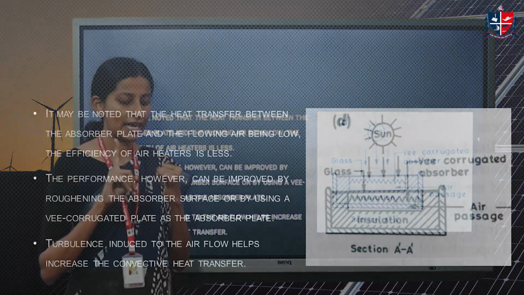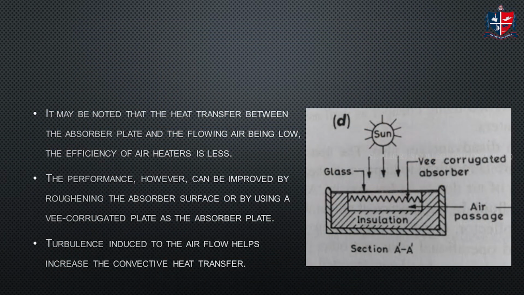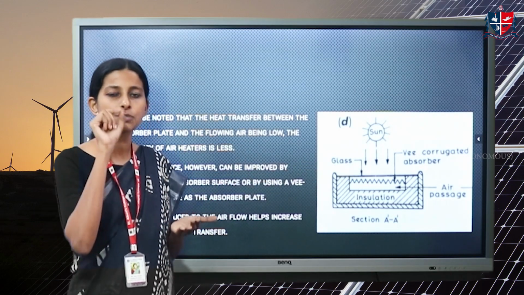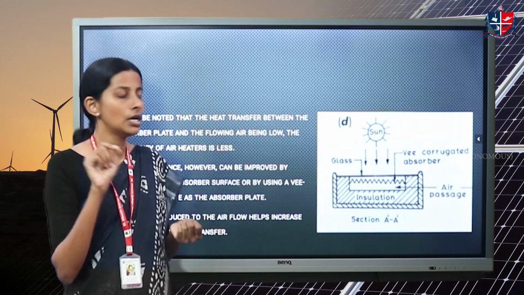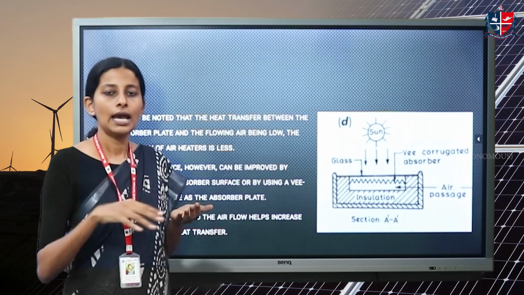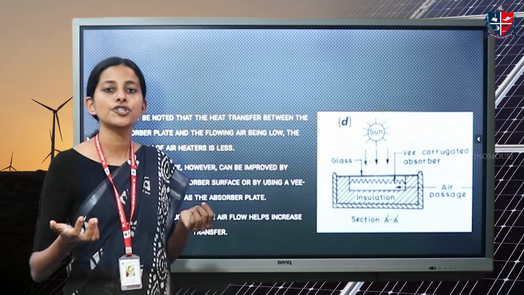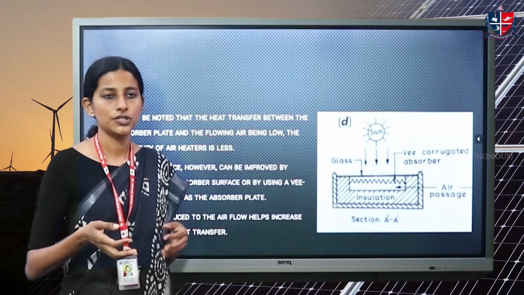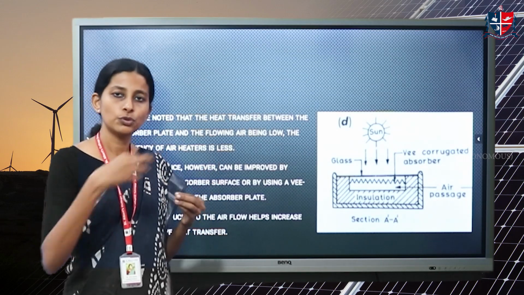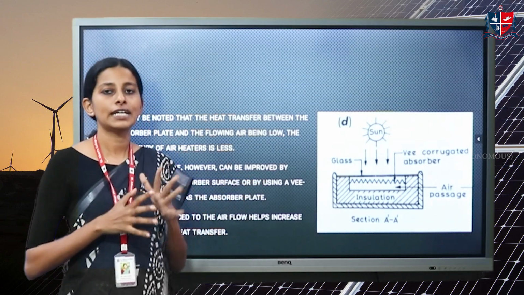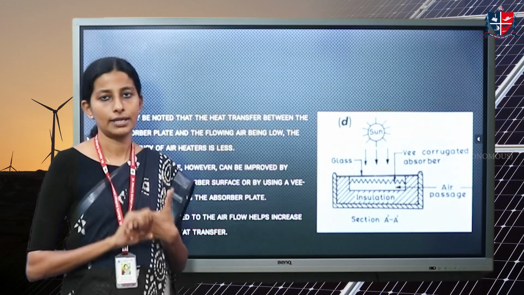Now we have discussed air passage above, air passage below, and air passage above and below. Then we have V corrugated, and the final type is the one with fins. If it is a plain absorber plate, we attach small metal plates, called metal fins. These fins are attached to the absorber plate, and the area being exposed to the solar radiation increases. That is the advantage. So fins are attached, and through there the heated air is transferred. So these are the 5 types of non-porous solar air heaters.